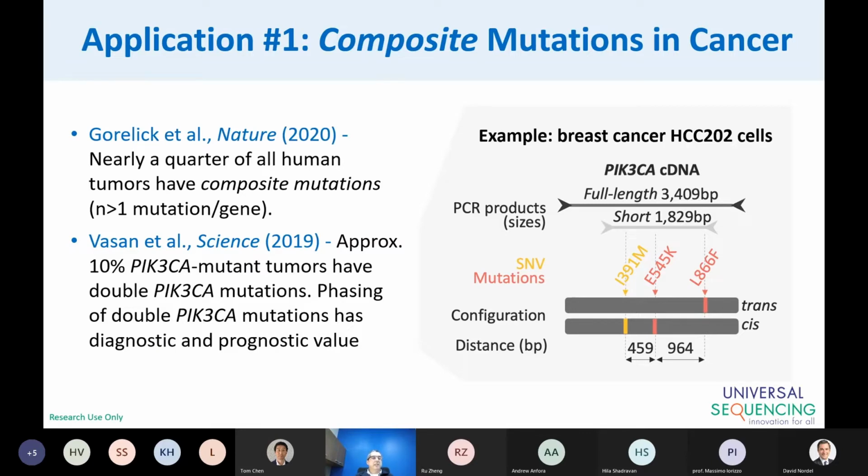We have validated these modifications on the user guide with 2 examples that I want to show today. The first example is the case of a composite mutation. As a reminder, composite mutations are those where you can find more than 1 mutation in the same gene, in the same sample, basically in the same cell. Recently it was reported that composite mutations are very common or frequent in cancer. Approximately a quarter of all the